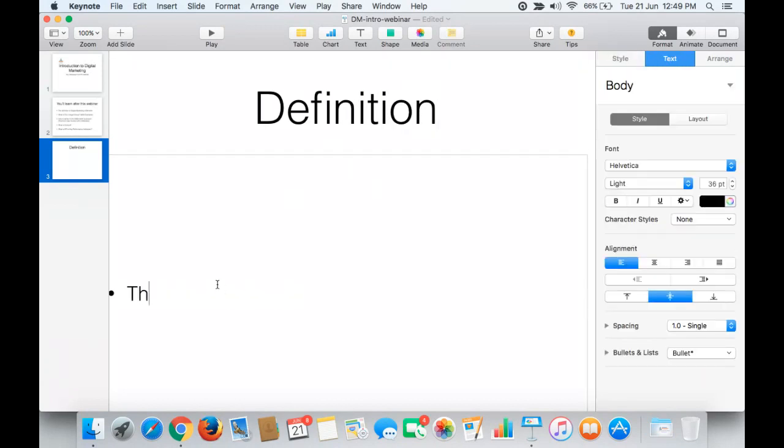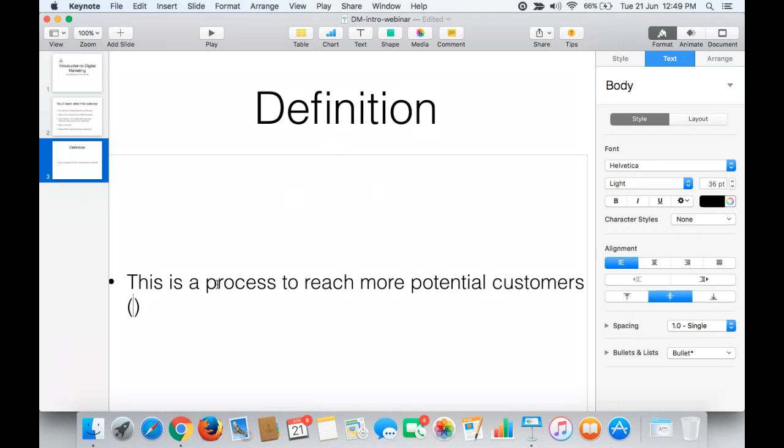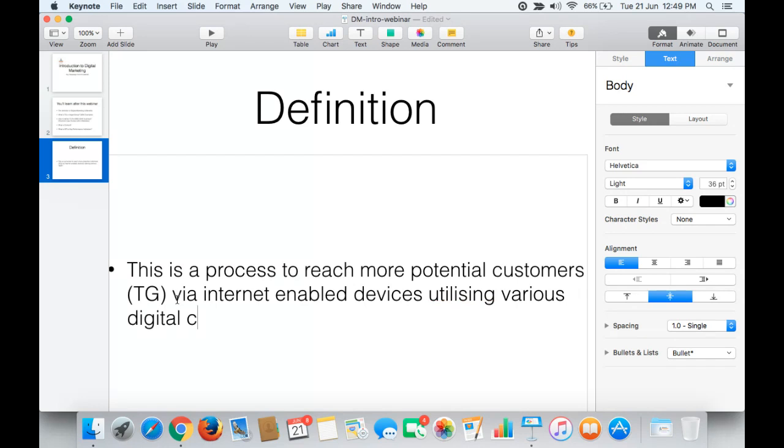So this is a process to reach more potential customers, that is your target group, via internet enabled devices utilizing various digital channels, that is any website or web app,